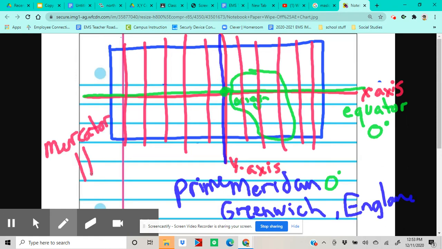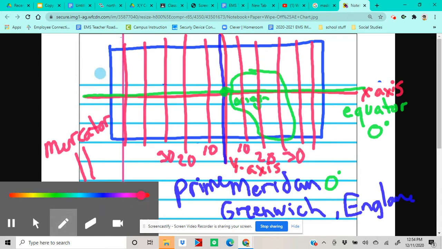They are parallel lines. So I would call this 10 and this 10, this 20 and this 20, this 30 and this 30. How do I recognize then which is which, since we don't use negative numbers? Well,